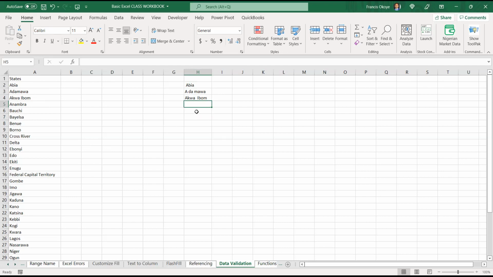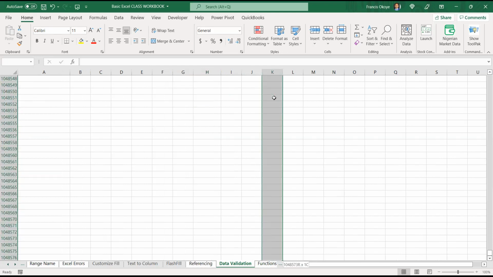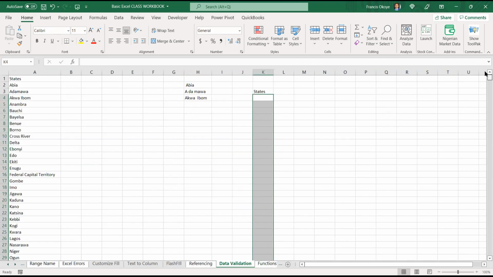Because the moment you give them freedom to type, then whatever you see, you just take it. So instead, just tell them, see, this is how you create your template. On these states, don't type anything, they will just choose what they want. Let me take it down to the end like that. If this is where I want the data to be, I can put that.